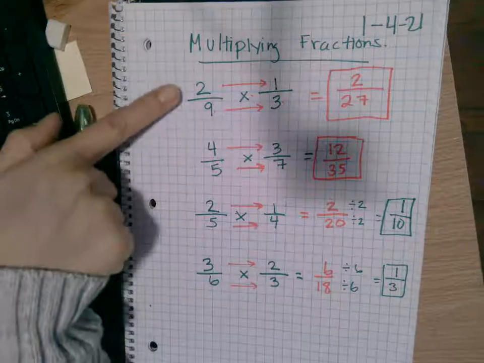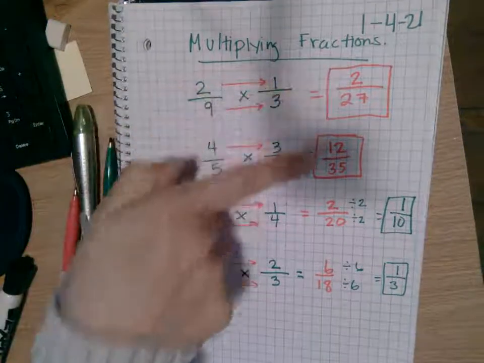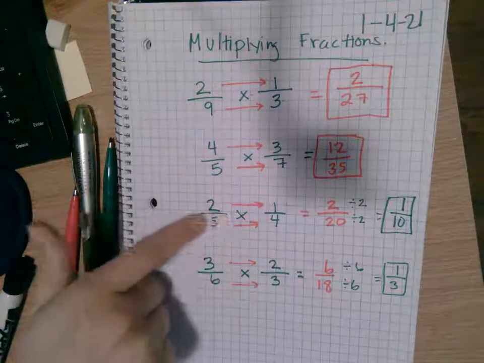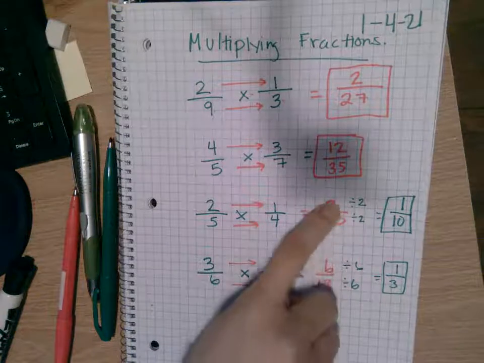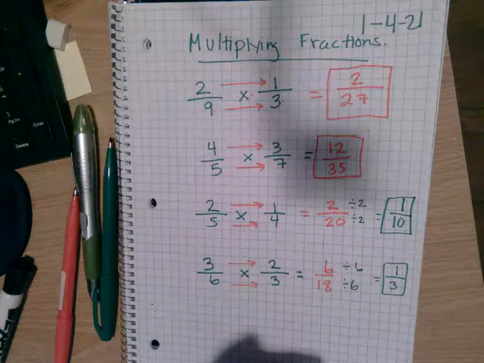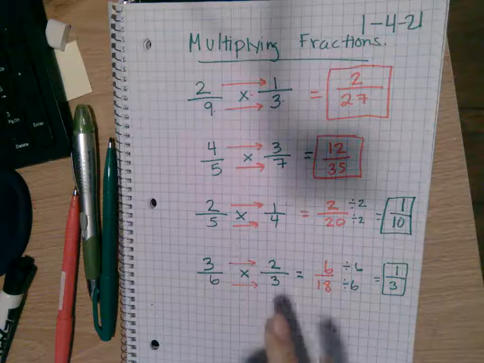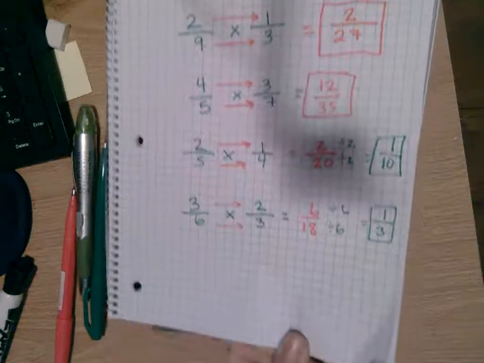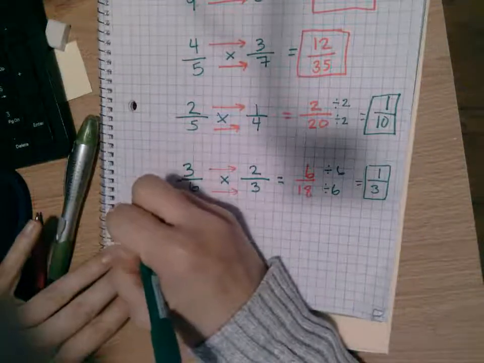So level 1 is where you just multiply straight across and you don't need to simplify. You're done. Level 2, you multiply straight across and then you simplify at the end. That's level 2. Okay? I'm going to show you level 3 right now. We okay? Remember to keep writing these down in your notes. Okay, so level 3, I'm going to show you what is called a